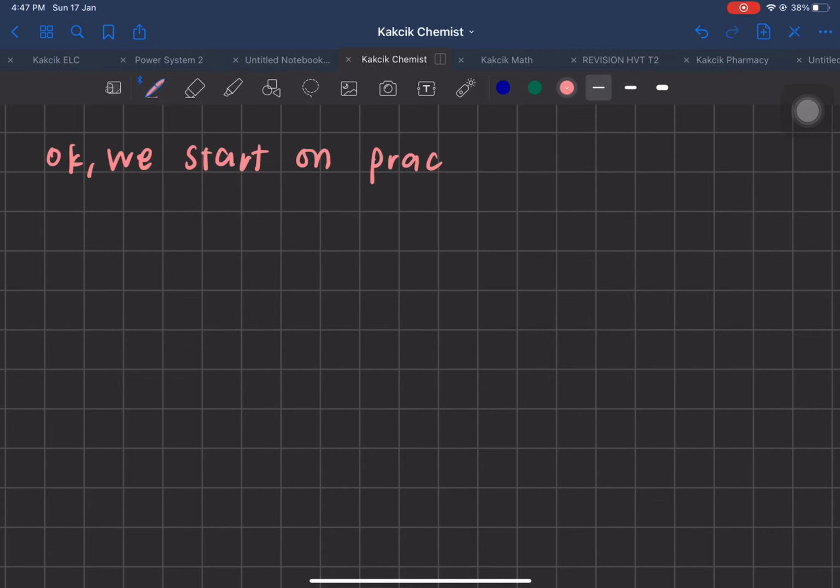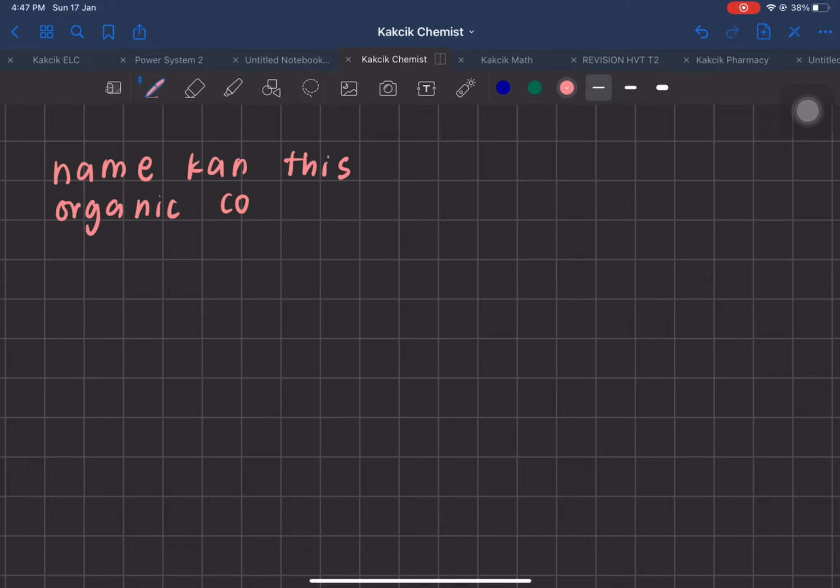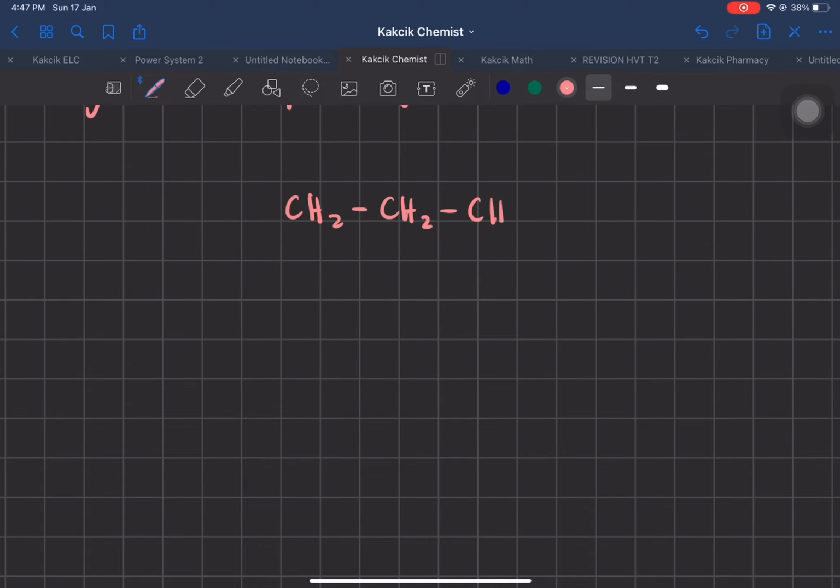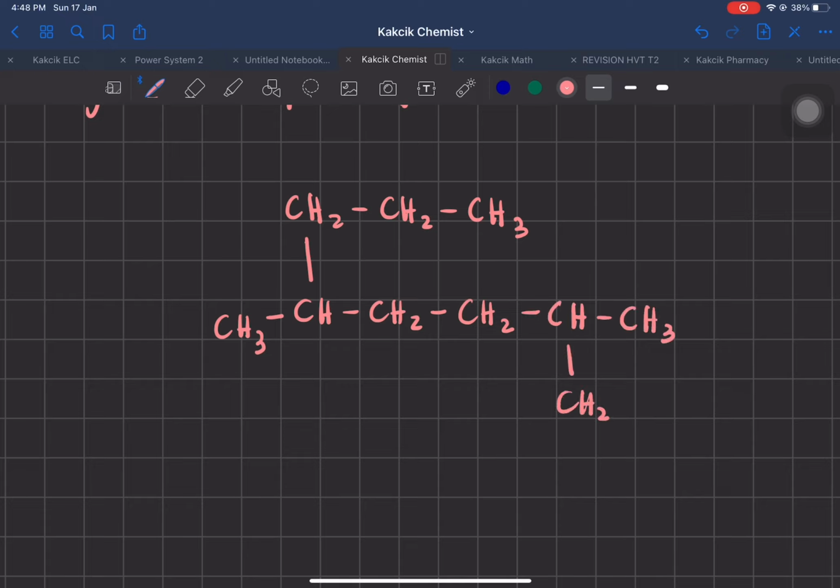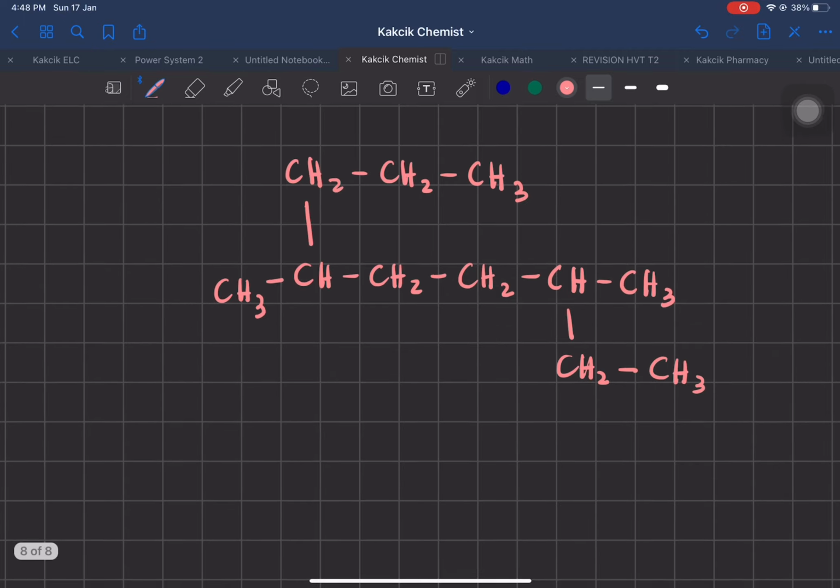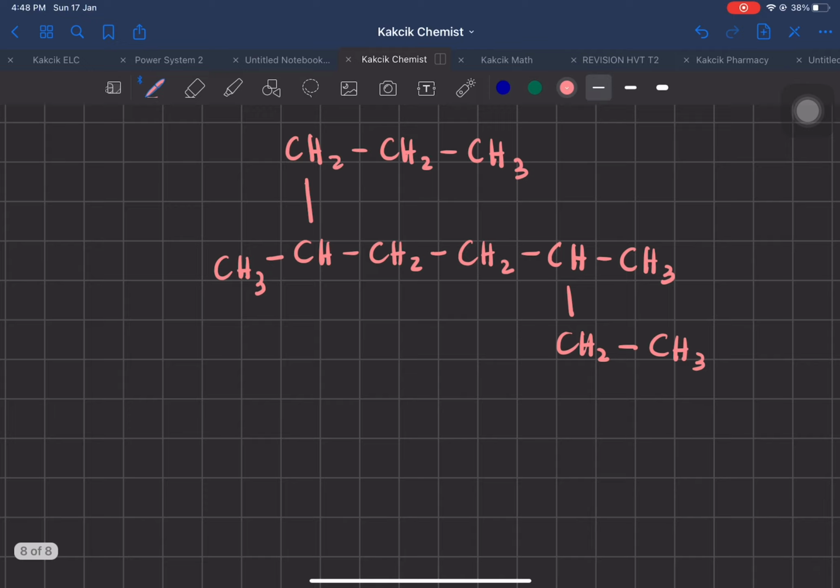Okay, kita akan start terus dengan practice because I don't know how to understand you all. Okay, so in this structure, can you see the structure? Okay, so how to name the structure? First kali kita akan tengok okay,